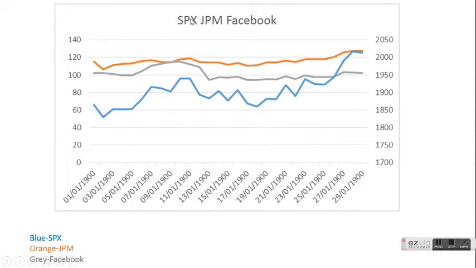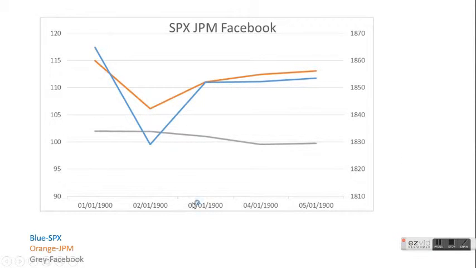I'm using JP Morgan here to represent finance stocks and Facebook to represent technology stocks, and then comparing them to see if we can get the answer of which one's driving. I know there are other sectors, but I kind of know which one it is. I've selected these two just to compare, because obviously people like tech stocks, it's that kind of generation even. So we go to the next one, and this is this week.